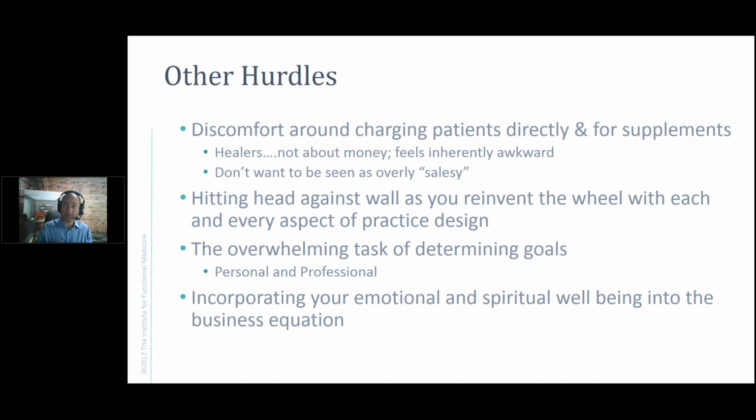And this is kind of the assignment I was given by the senior monk when I left the monastery in my mid-20s. He was like, okay, you're going back to the United States, I get that, you're not going to stay, because I had originally planned on ordaining and staying in the monastery the rest of my life. And he's like, if you're going back to the United States, just make sure that you incorporate your emotional and spiritual well-being into whatever it is you do. Good luck, kid. See ya. And I really took that to heart, though.